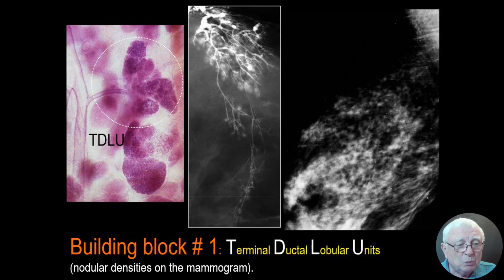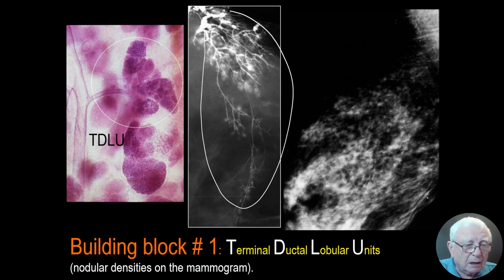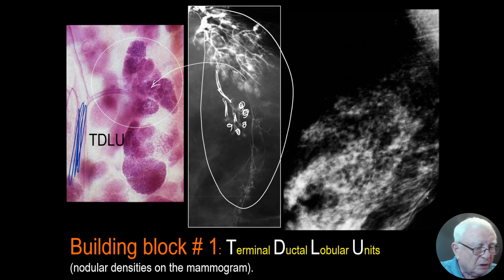This is in front of you. Galactogram, the contrast media, outline the ducts, subsegmental ducts, terminal ducts, and the terminal ductal lobular units. On 3D pathology, it looks like this. This is the subsegmental duct. This is the terminal duct. And here are those many acini,